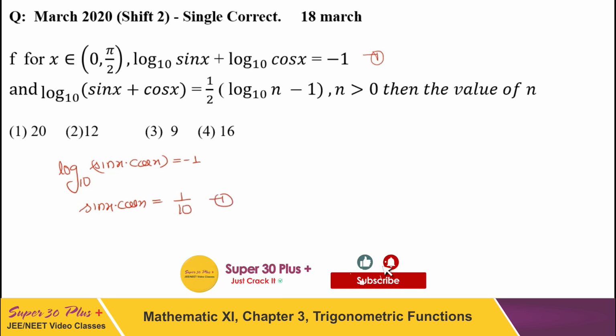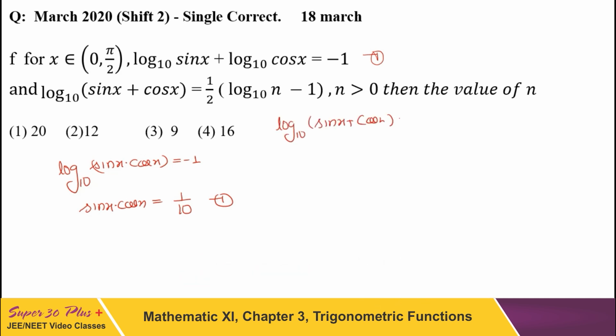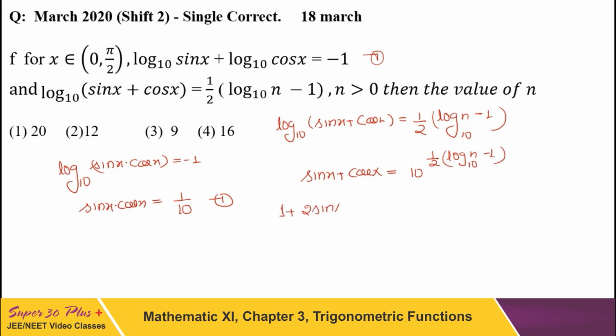Now we are going to simplify equation number 2. It is log base 10 of (sin x plus cos x) is equal to 1 upon 2 (log n base 10 minus 1). Now we can simplify it. It will become sin x plus cos x is equal to 10 to power 1 by 2 (log n base 10 minus 1). Now squaring both sides,